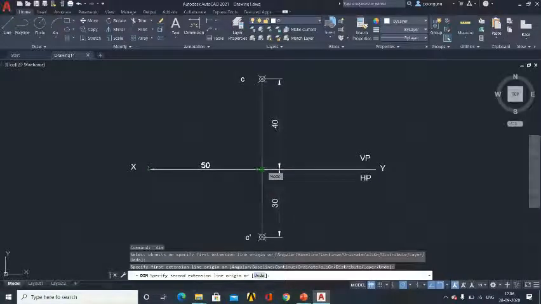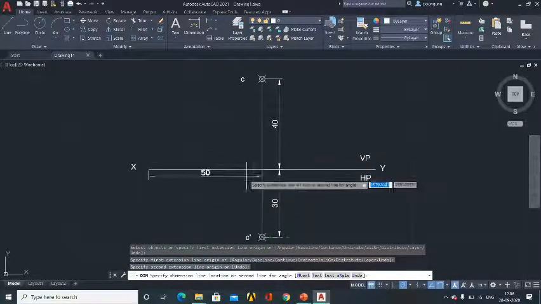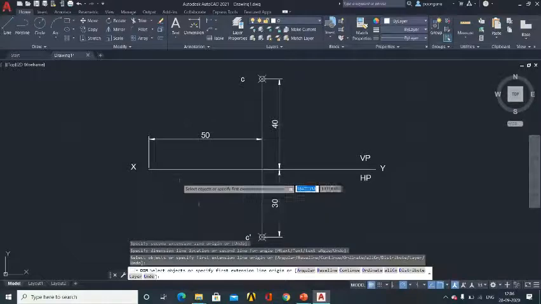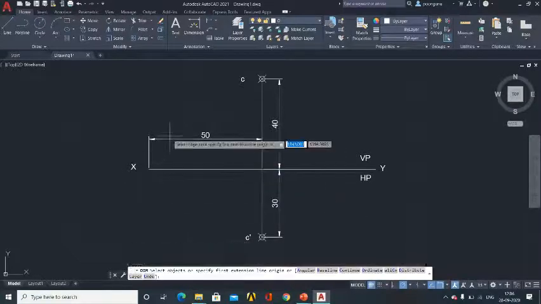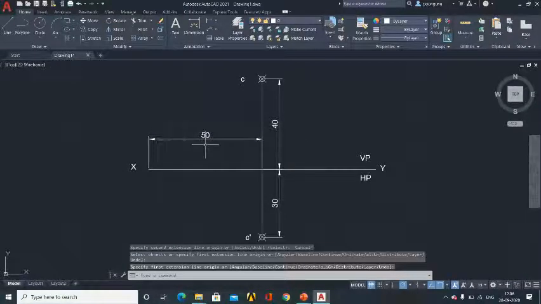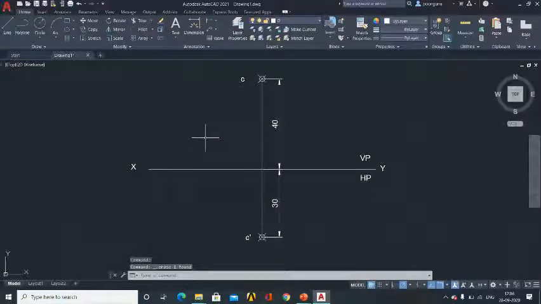So we know the total length of this particular XY line is 50, so this is exactly half. So click the first starting point, click the ending point, then you can move the cursor where you want to position. So go to the respective position, once again click the left cursor. So this is how you are going to do the dimensioning. If you want to delete the dimensioning, you select the dimension. Always press escape, then select the dimension you want to delete, press the delete button. So that's how you can delete.